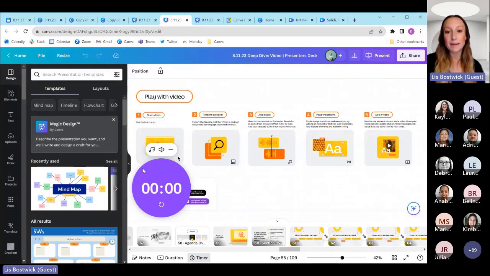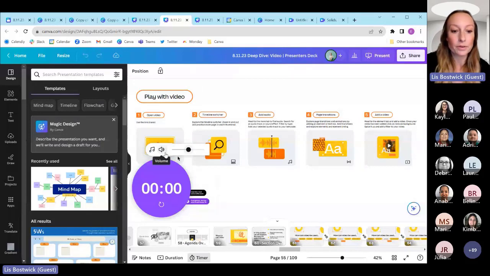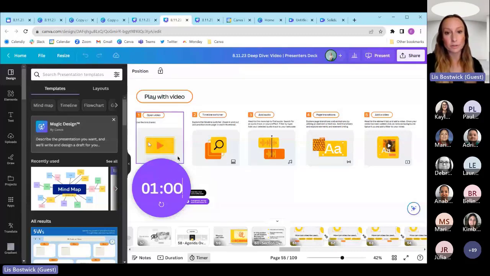Just keep in mind that in Canva, anytime you're in any presentation or a whiteboard, you do have a timer accessible at the bottom. A new feature here is that you can also, let's say I wanted to add in 1 minute. This is great for students who are creating too, but you can always put music on too.